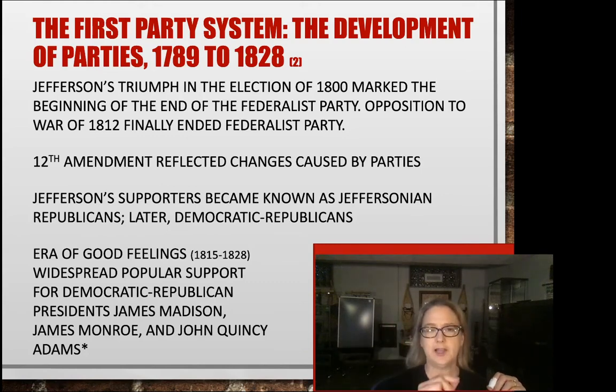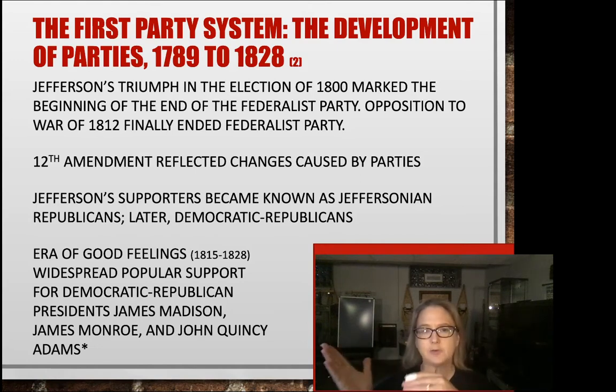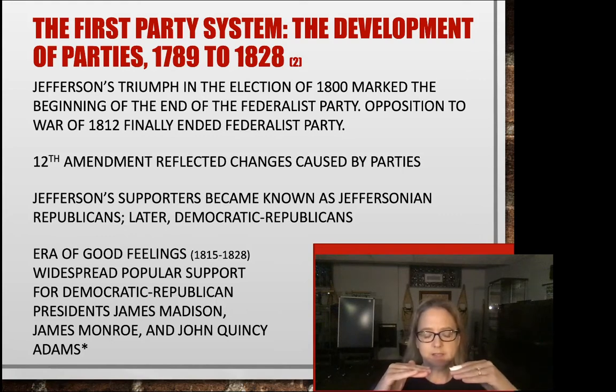So those two elections would happen separately, so you couldn't have that way to get a tie. And it also said that if nobody got a majority of the votes, it changed how many candidates the House of Representatives would have to choose from. So what it said was, if